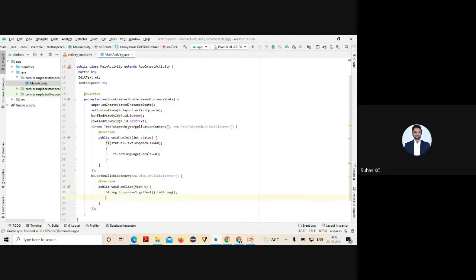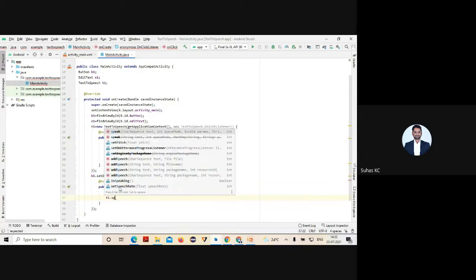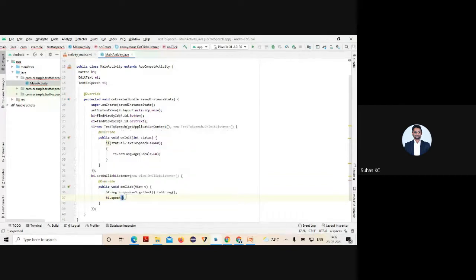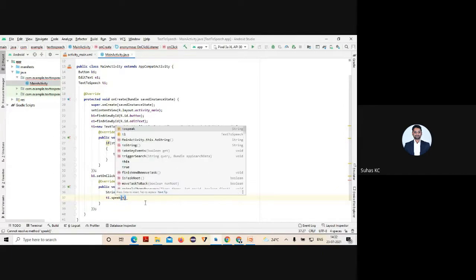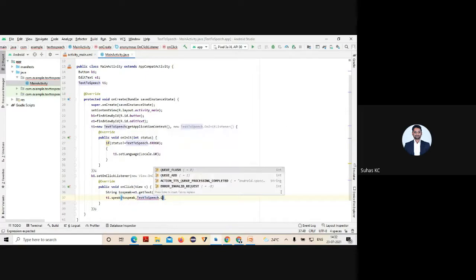Now after that, by using the text to speech object, I'll use a method called speak. For that, I need to pass 4 parameters: the character sequence, where exactly the text is stored, the queue method, and so on. Whatever you read is stored in toSpeak, so I'll use that one, toSpeak, comma, then TextToSpeech dot, it is going to display that,